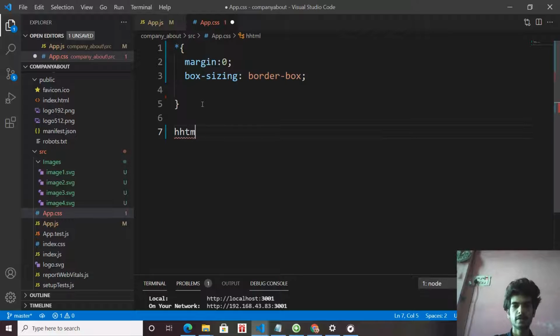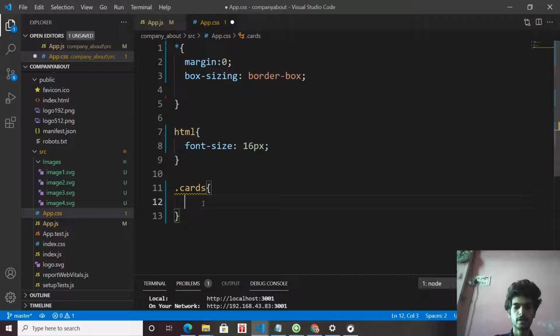Our root font size is 16 pixels. First select the cards container, and inside first make display flex.